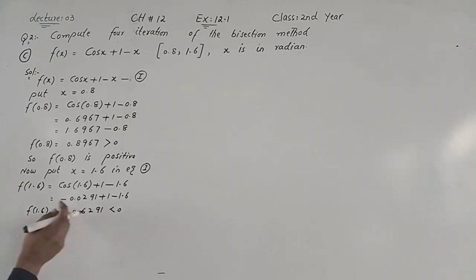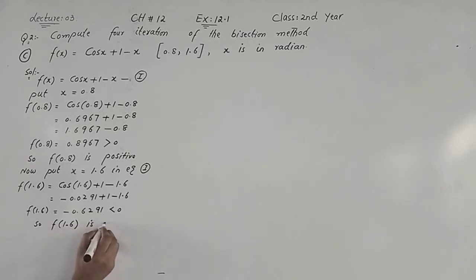Less than 0 means it is negative. So f of 1.6 is negative, अब देखिए यहाँ पे f of x का जो साइन है वो यहाँ पे अपोजिट आया, so